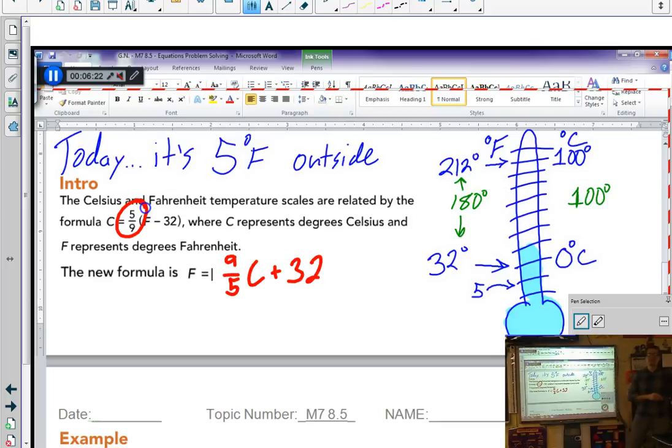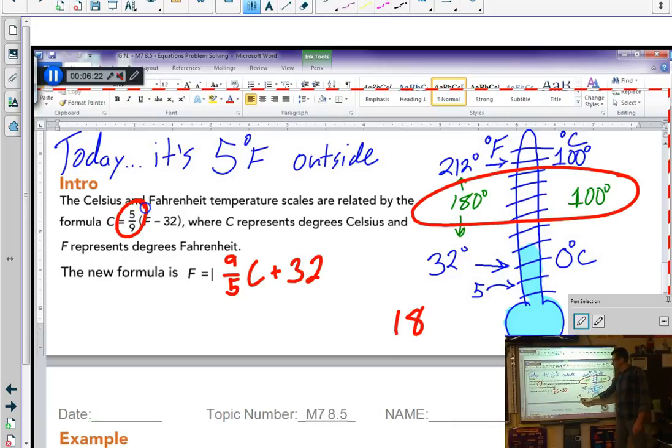I'm pretty sure this isn't right, but the distance between the boiling and freezing, divided by 20... Oh, that was right. 180, so degrees Fahrenheit per degrees Celsius? That would be 180 over 100. What do you get when you do that division? 9/5. That's where this conversion, that coefficient, that 9/5, comes from.